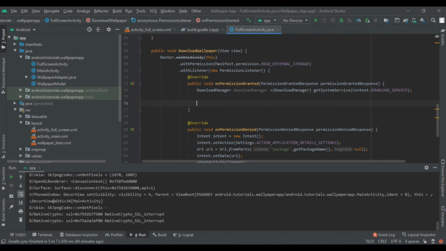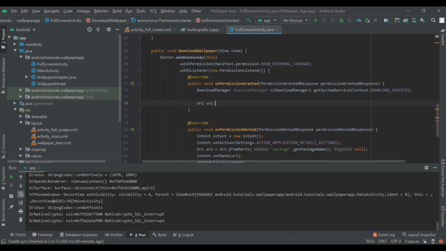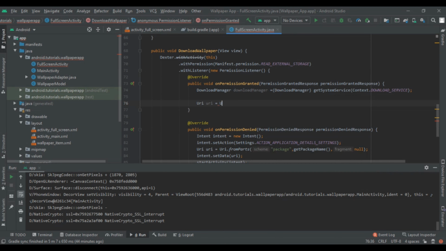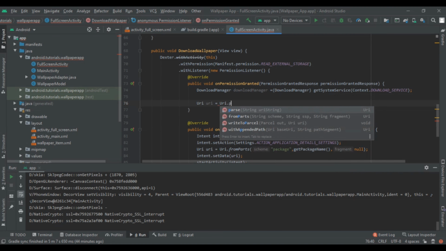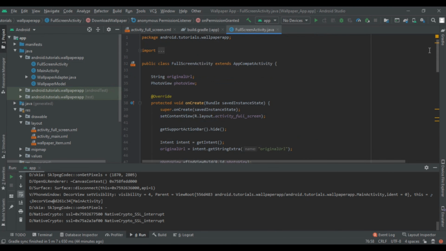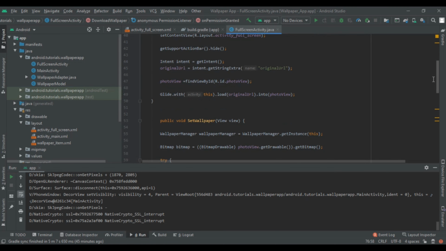After that we are going to make one URI, and that URI will parse our string which we have to download. So type Uri.parse original URL. Now if you are watching all three parts of our playlist wallpaper app in Android Studio, then you will know that we have created this original URL as a string and passed our image into it.